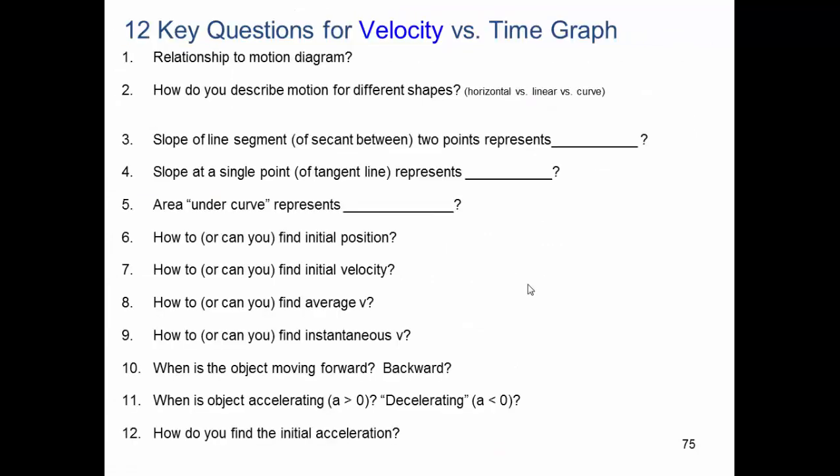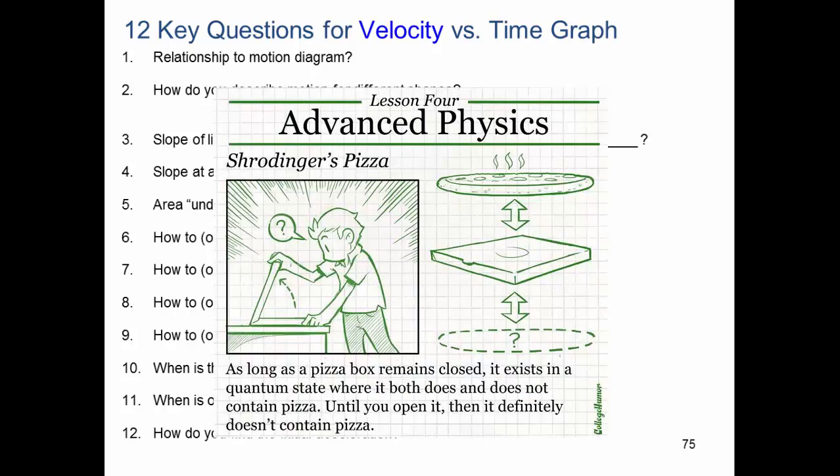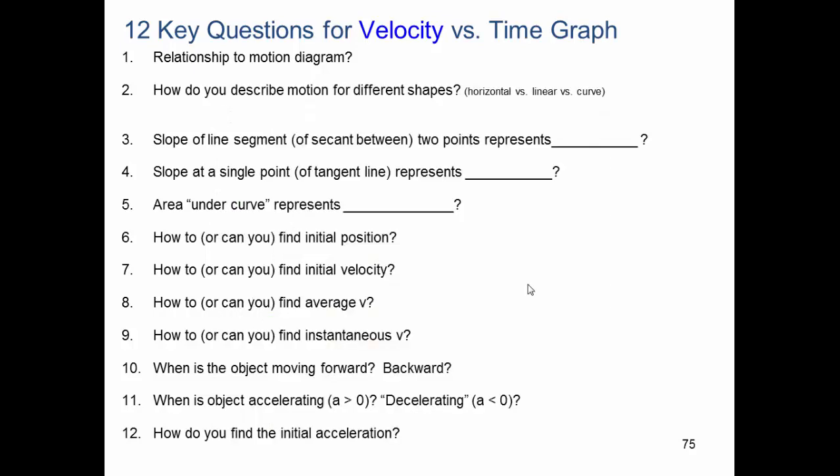So as you're working through these worksheets with a friend or two, I want you to think about the 12 key questions for the velocity versus time graph that I've outlined for you. I've already gone through a few of these, but take a look at what you're doing and see if you can fill in the answers on these. And please, when you're answering these 12 velocity versus time questions, what I'd like you to do is perhaps up in the upper left-hand corner here, draw a representative graph